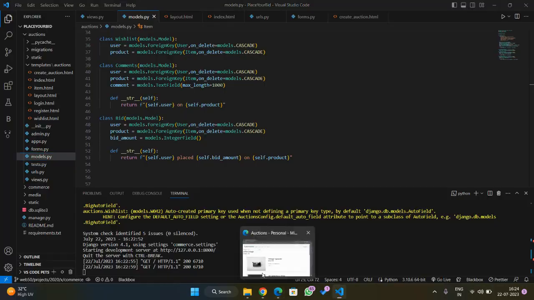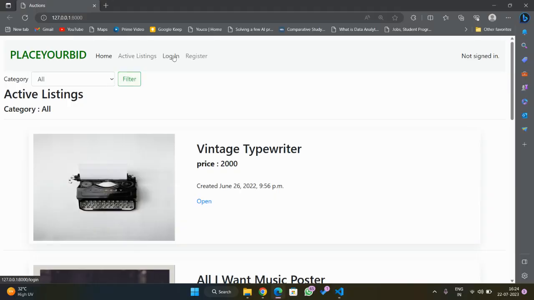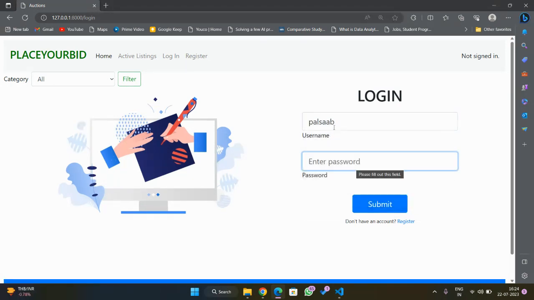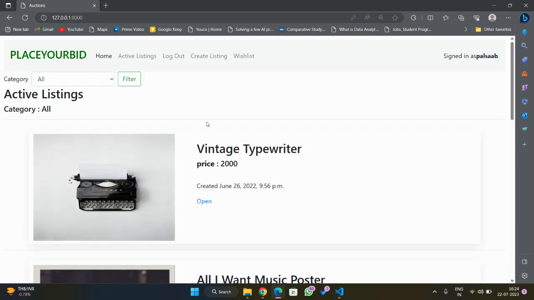So if I go over here, I have an option to first log in or register. So in order to create a listing, I have to first register. So I've created an account. So I'll just log in using it. Okay, so now I am logged in into my account, and under this create listing, I can create a listing